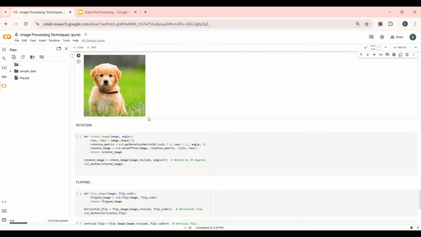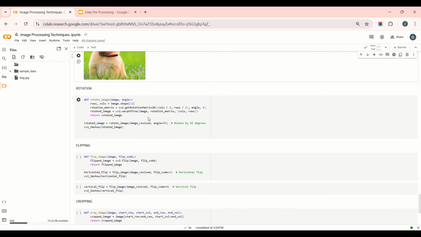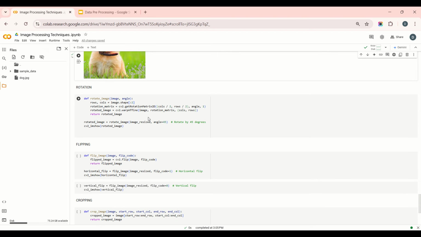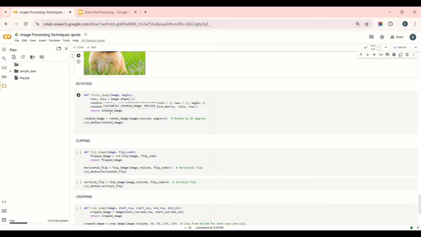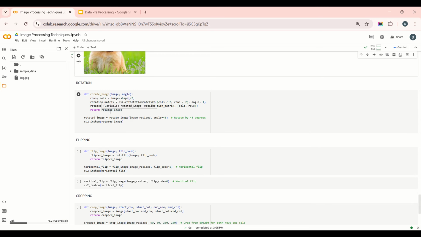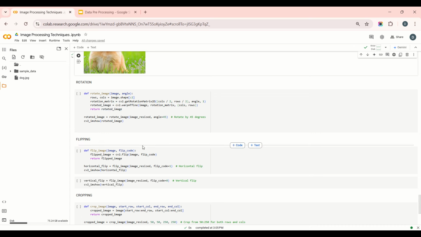Now coming to the image transformation techniques. When I talk about transformation, we apply rotation, we apply flipping, we apply cropping, and many other techniques. So let's see this transformation technique, where we are going to rotate the image. We define an angle of rotation. Let's read the code first to understand what exactly we are going to implement. We define the rows and columns here,